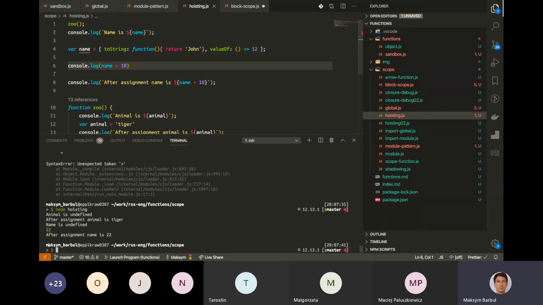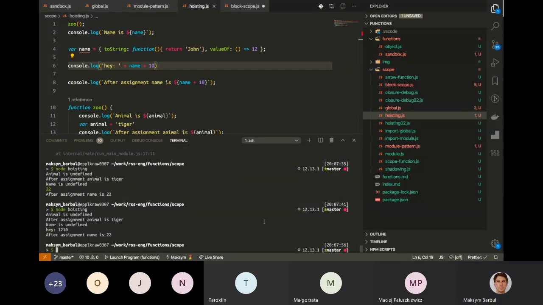You see, it shows 22. But if I do it like this, hey, you see, it gave me, oh, it's a different thing. Okay, so it still got the valueOf. Yeah, okay. So I was confused about this. No problem. And yeah, but if I put it here,